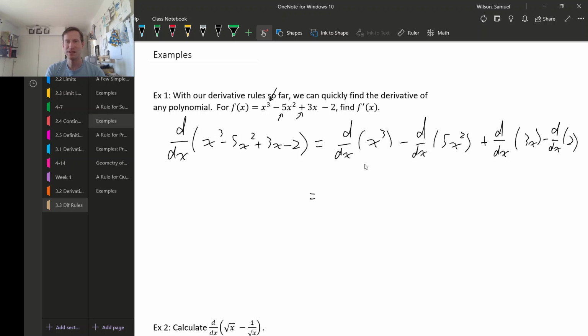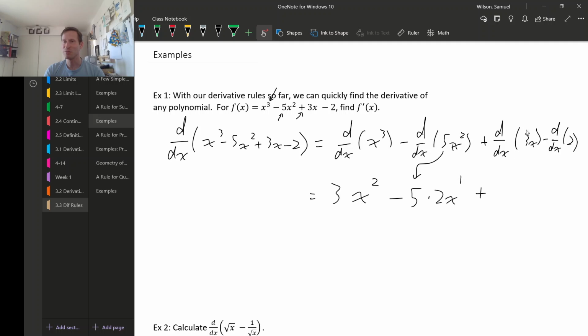Okay, for this first piece, use the power rule. The 3 comes down, x, and then the power decreases by 1, so x squared minus. Now we can use the constant multiple rule, right? The constant multiple rule says just move that 5 out in front, and then take the derivative of the stuff that's left over. And the derivative of x squared is 2x to the, 2 minus 1 is first power, plus,